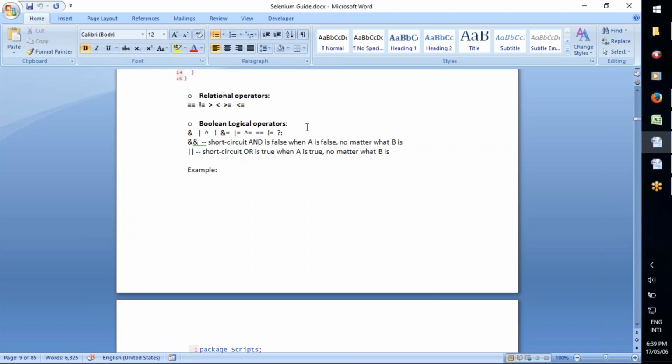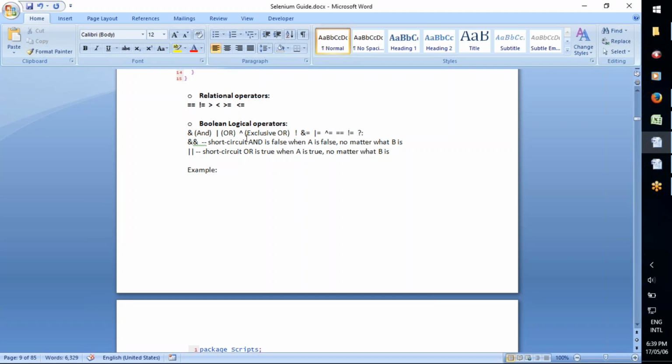Those operators are called Boolean operators, like AND, this is the AND symbol, and this is OR, the vertical line, the pipe. This is OR, and this is exclusive OR. So these are three important